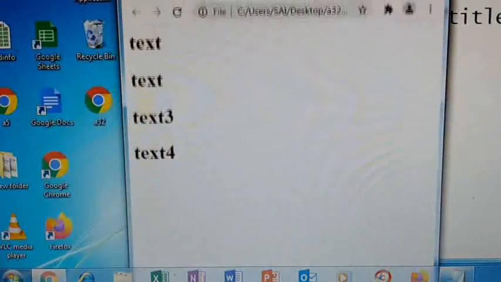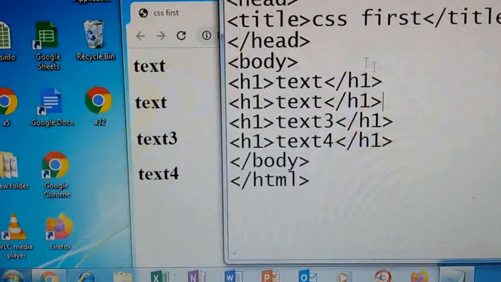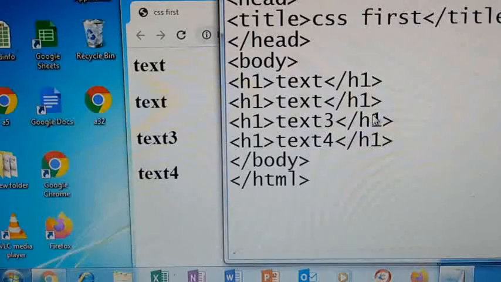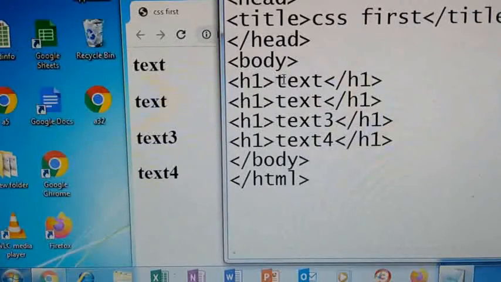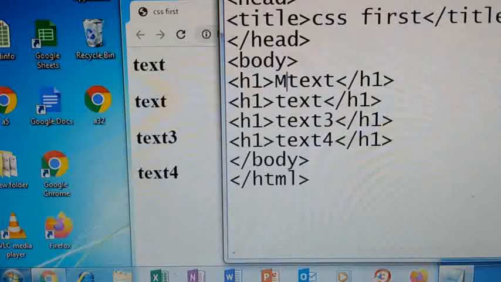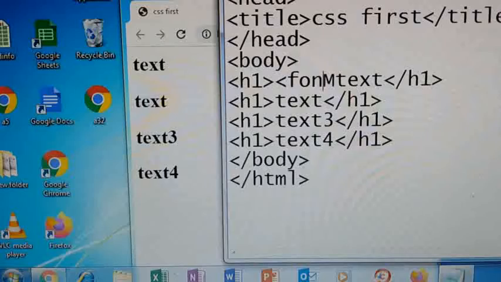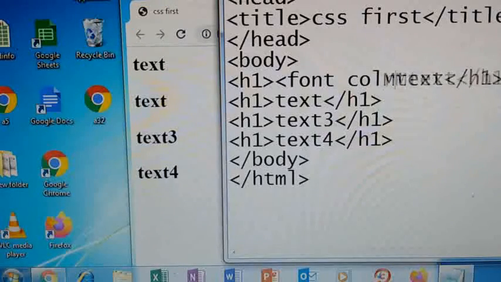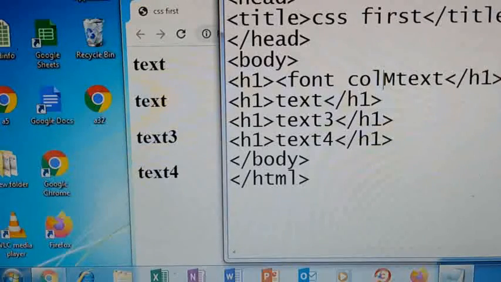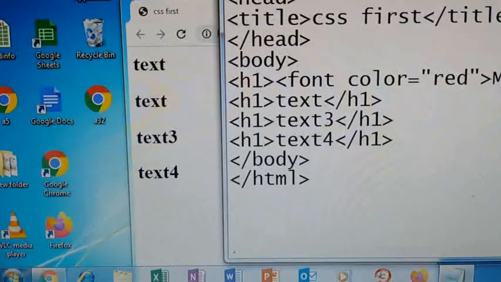This is simple. So here for all h1 tags I want the red color. Then how to give this? For h1, font color equals to red. Okay, font color equals to red.